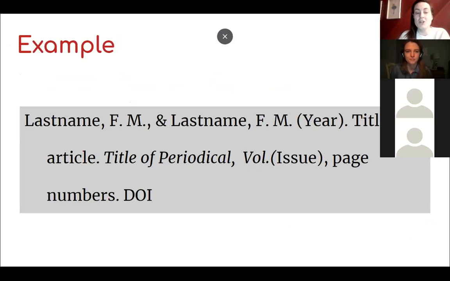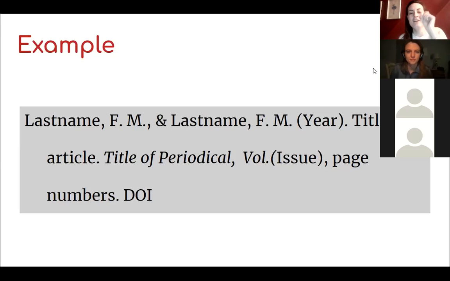So make sure that you have last name, comma, first name, period or full stop, middle name if there is one. If not, you don't have to include it. Full stop or period, comma, and if there's two names, you have an ampersand.